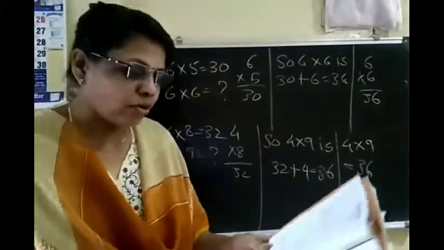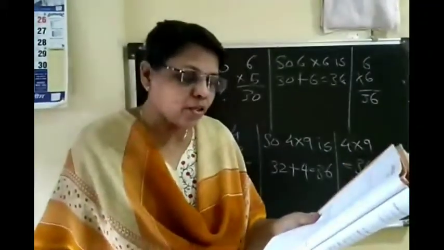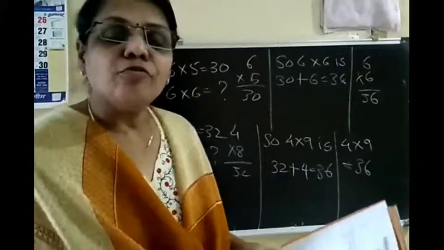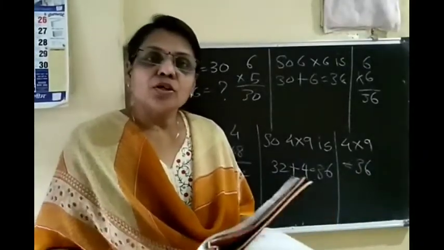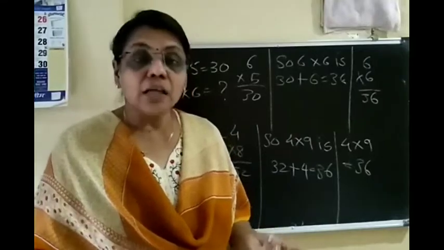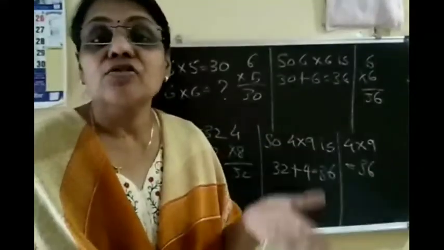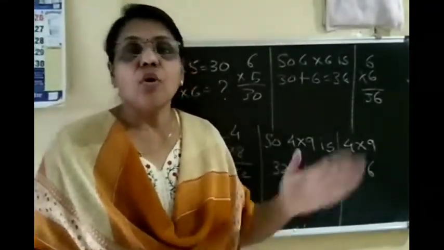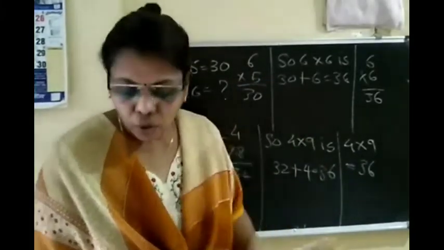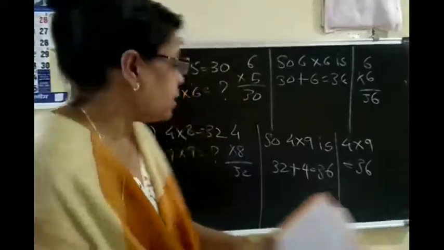Okay, so one more sum is remaining here, that is 8 into 7 is 56. 8 7s are 56. We have to find 8 8s are. So it's nothing but 56 plus 8. Okay, you get the answer 64. I'm telling you the answer, 64, and 8 8s are 64. Please solve this sum in your notebook as homework. Okay, now we will take the next assignment.